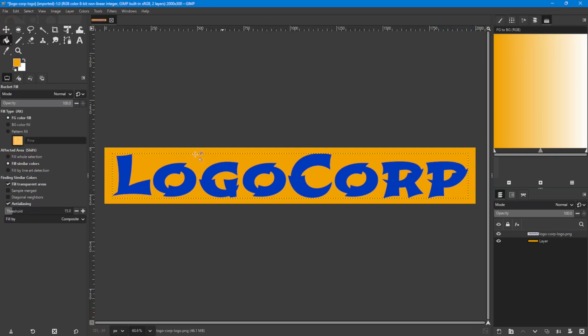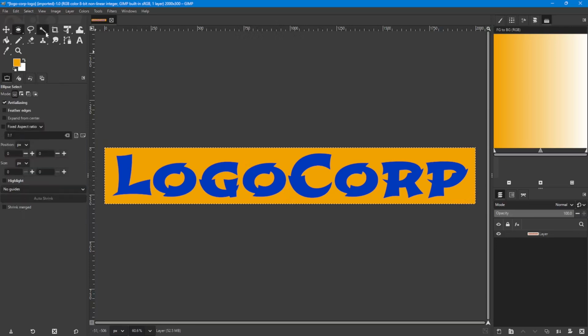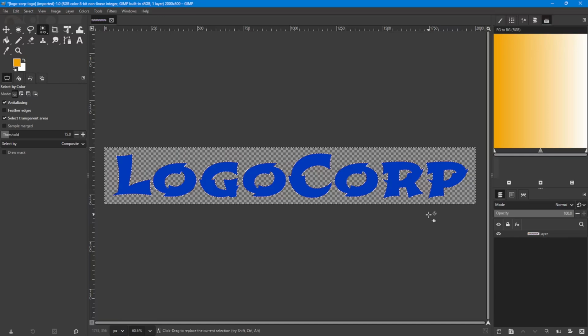When you're really going to want to know how to do this is when it's all one layer. So I'm going to merge this down so that it all becomes one layer. Now we can't do that trick where we held down the Alt key and clicked the layer because there's color on every pixel. So how are we going to do this? Well, the easiest way is to come up here and right click. In this case where you only have two colors like I do, the easiest way is to select by color, and then you just click the orange and it selects all the orange, and then you could either delete it like that